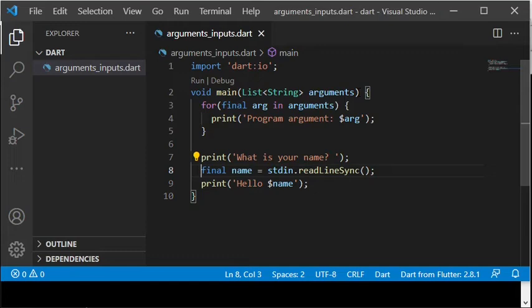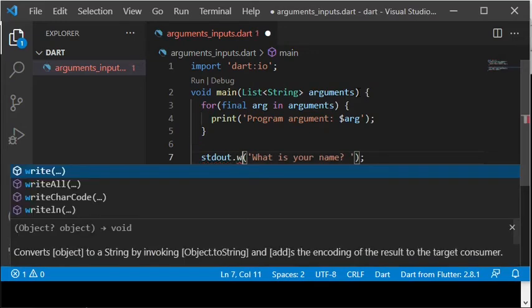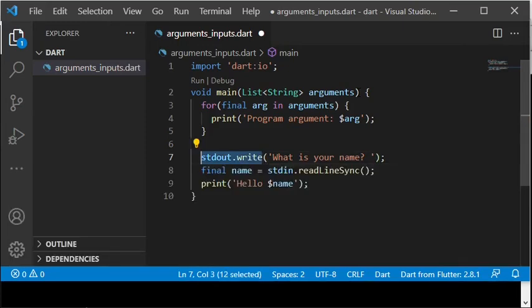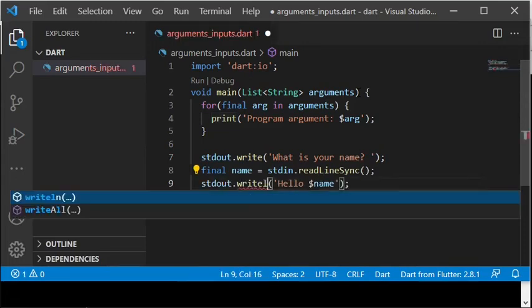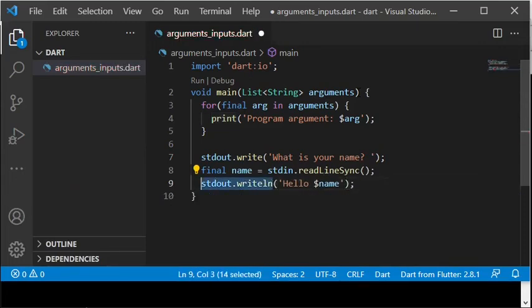But now I will actually change all usages of the print function to instead use stdout together with the methods write or writeln. One reason for this is that it looks more consistent to use stdout when I am using stdin in this program. But the main advantage with stdout is that you can easily choose to print text including a line break at the end.